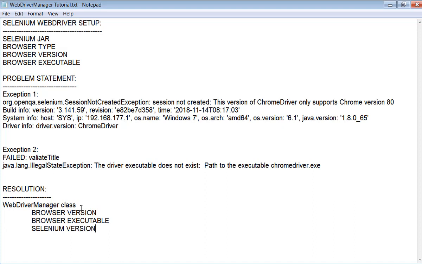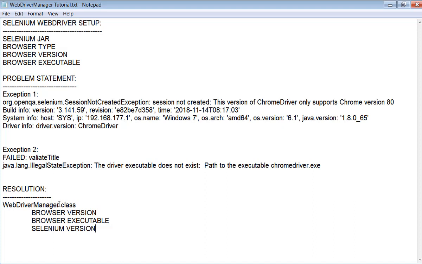We don't need to look at what my browser version, browser executable version, or Selenium version is. I just need to write one line of statement using WebDriver Manager, and it will automatically take care of the compatibility between these three points, communication happens, and we're able to execute our scripts.